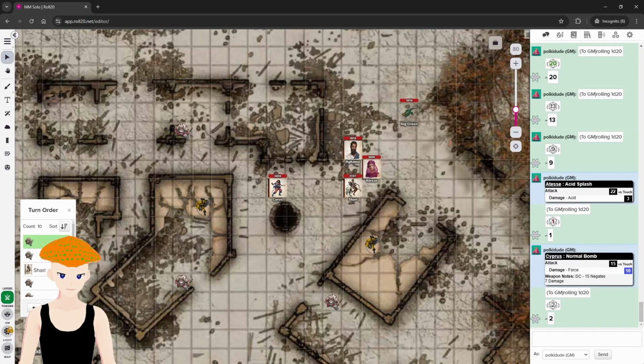Oh, I accidentally closed the tracker. It's going to be this guy. He's going to come around the corner. 5, 6. Perfect. That's exactly as much movement speed as I have. And I'm going to swing my Kopesh at...